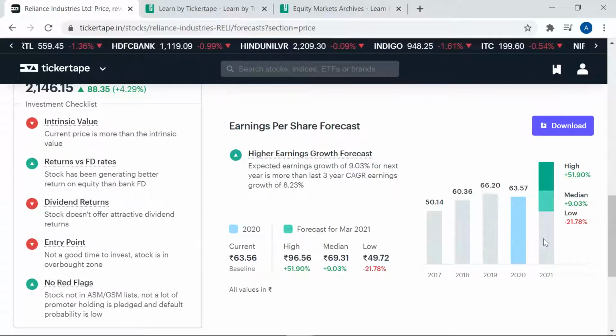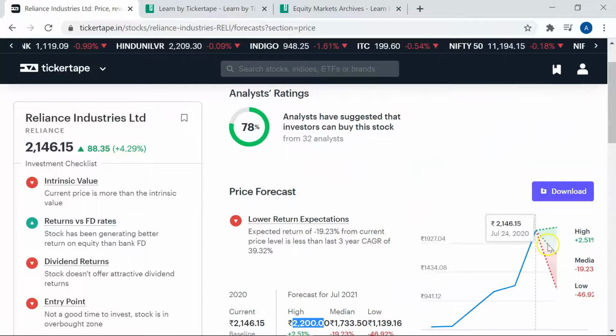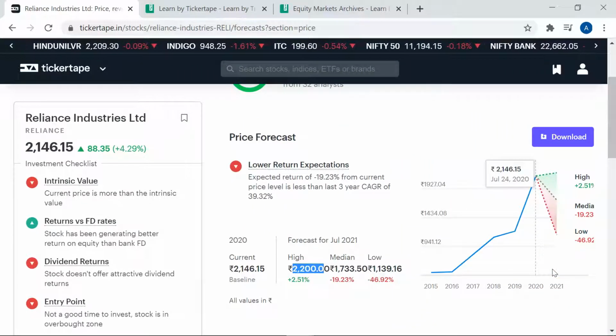So what I suggest is the pro membership is not really worth it, because they are not able to tell one solid figure. They are giving 3 possibilities, and definitely, if a stock is there today, in the coming next 1 year there are only 2 possibilities. Either it will go up or it will go down, so it is showing both the go up case and the go down case. The median is the average of both of these.